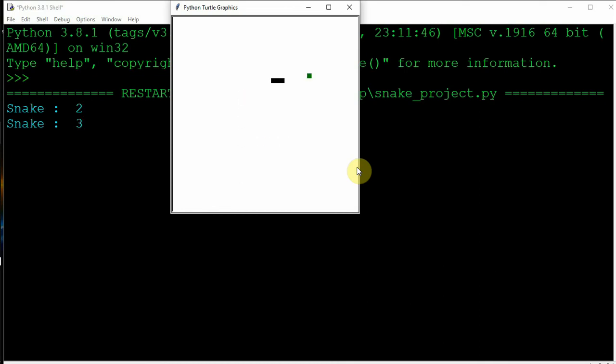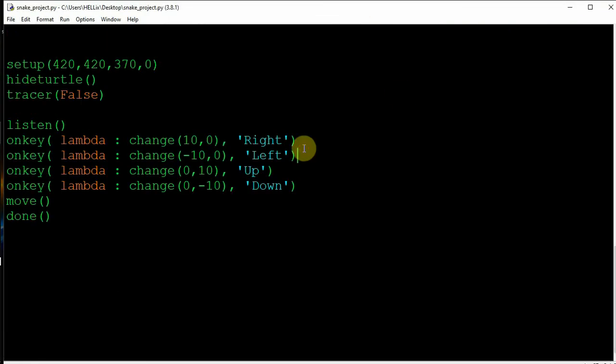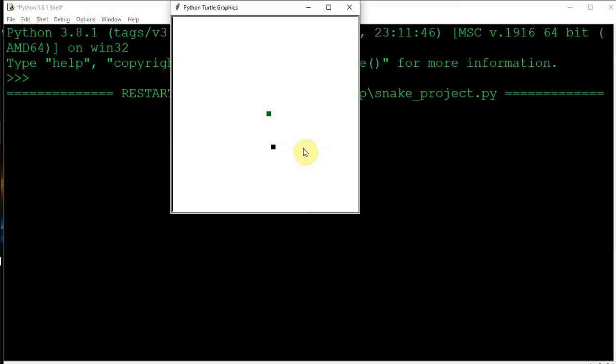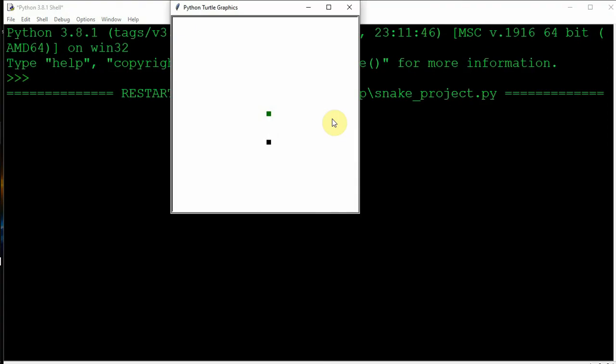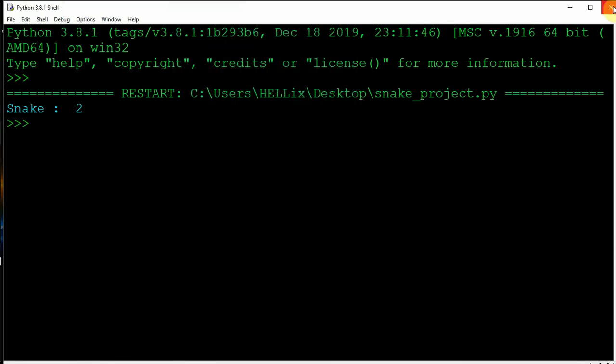So yeah, the snake game is completed. I don't think there's going to be any error right now. Let's check the problems. If I just take it to the side, okay, I will just first eat this pie. Oh, I just tried to go back into myself, so I get a red over here. When I run it again, so press F5, take it over there, so it becomes red, right? This way we can just terminate the game, and if we just keep on eating, our score will be printed and we'll get the value. So the game was easy.